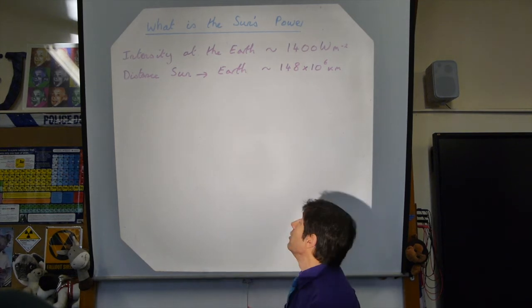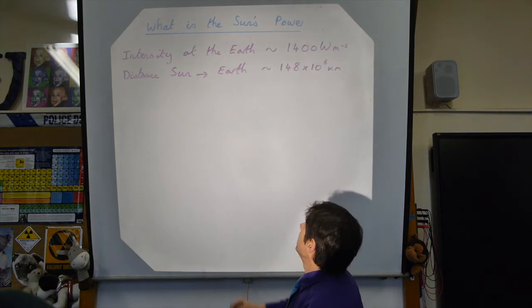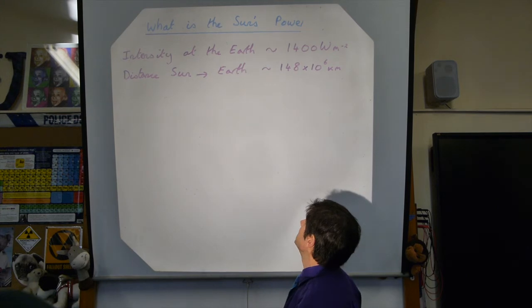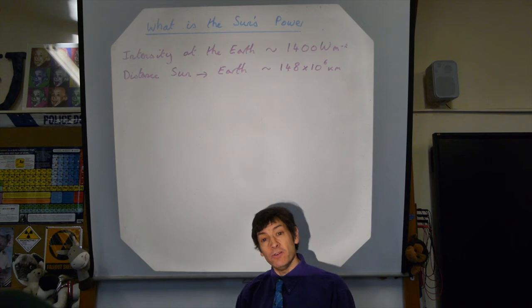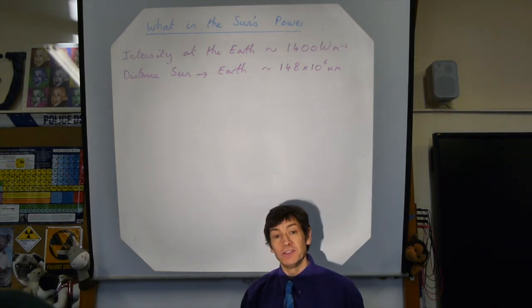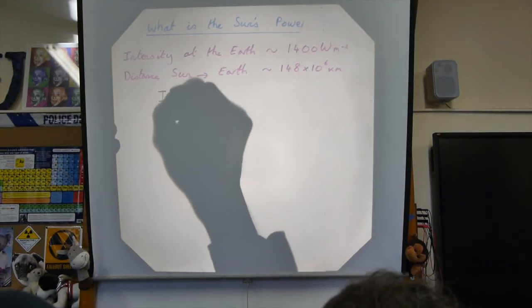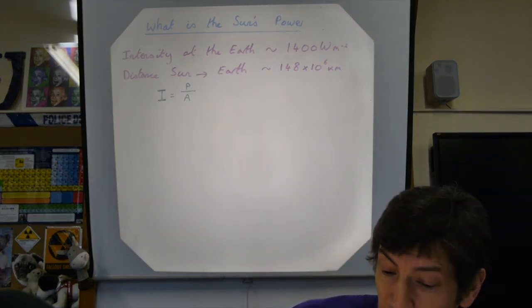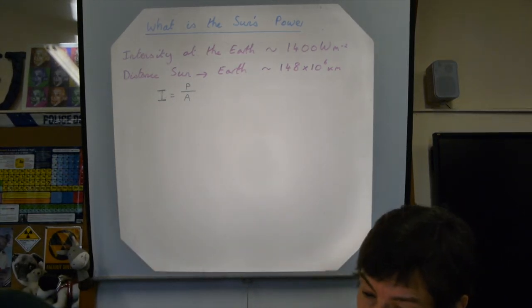And most physicists know the distance between the Sun and the Earth. Again, it varies slightly, 150 megakilometres, so we'll go a little bit closer, 148 million kilometres. And what we're going to do is use those numbers to work out what the sun's power is. So if you remember, intensity was the power per cross-sectional area. Okay. And if we want to work out what the power is of the sun, then we need this